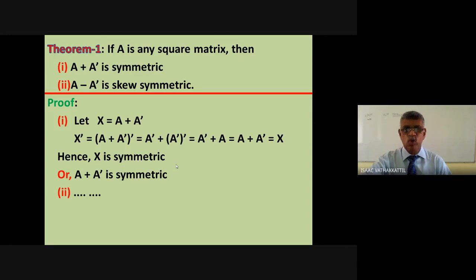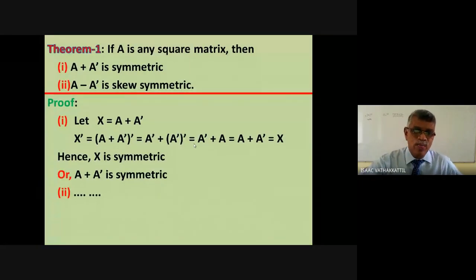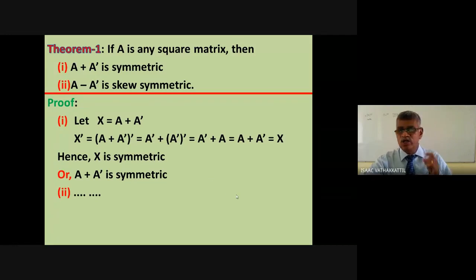What about the second? You must write the second. You can start with Y, Y equal to A - A'. You have to show that Y' equal to -Y, so that the matrix Y is skew symmetric. You should write it today itself. Don't limit your job only to doing the exercise which is given last. You have to make the complete knot. Then only it is complete and perfect. There will be nothing left out.